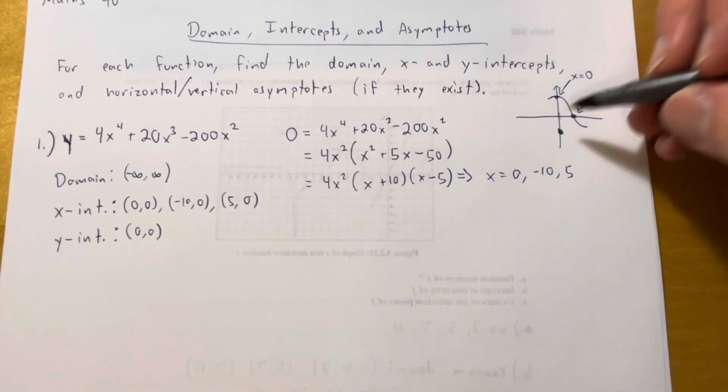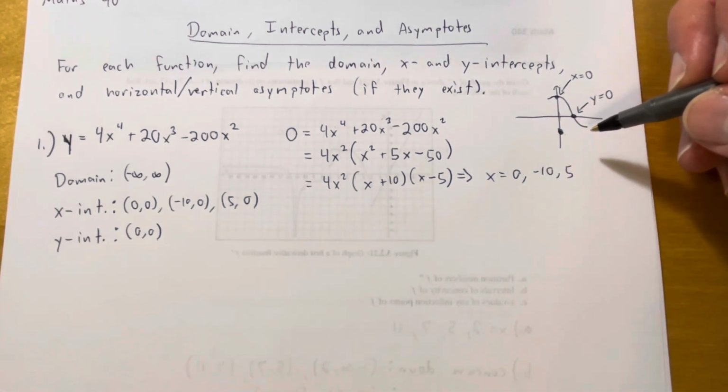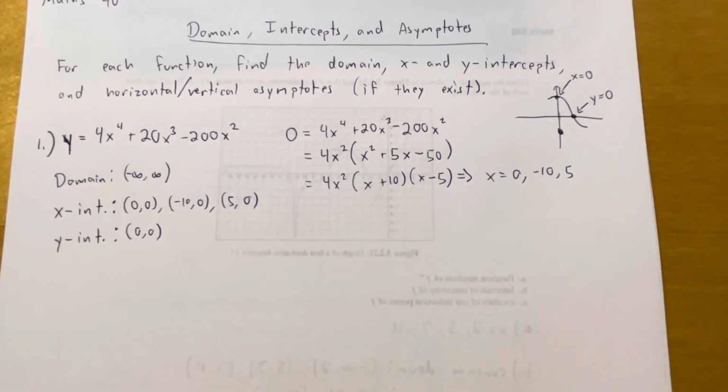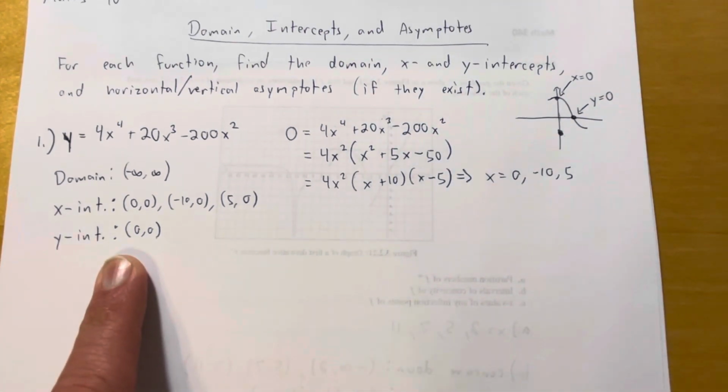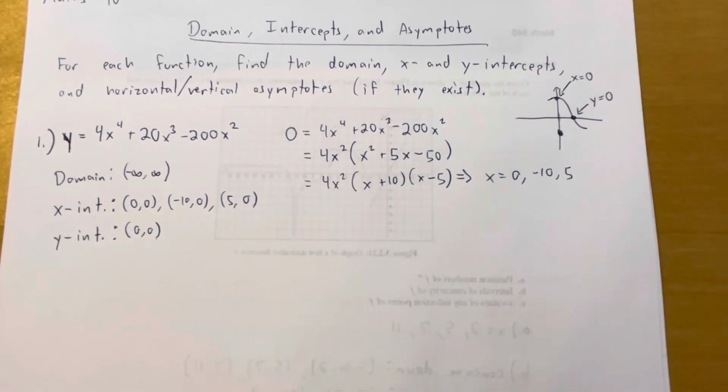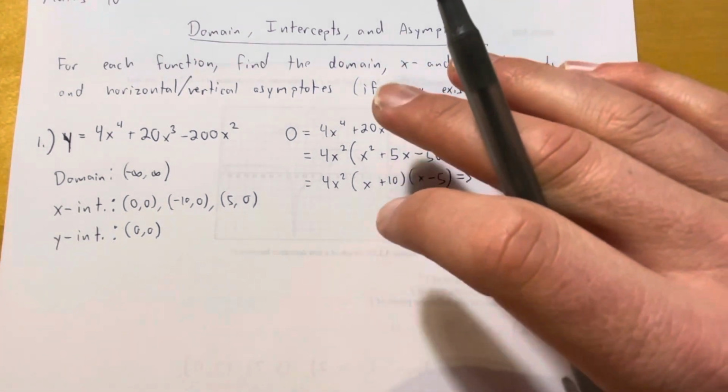If a graph fails the vertical line test, that means that you did not have a function in the first place. We are only dealing with functions in this assignment, so there will only ever be one y-intercept, even if there are multiple x-intercepts. Okay? Finally,